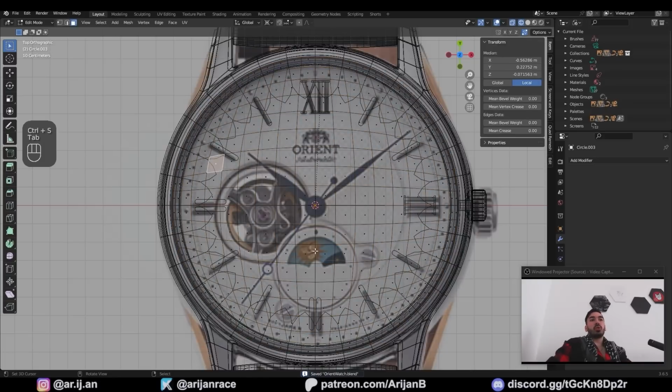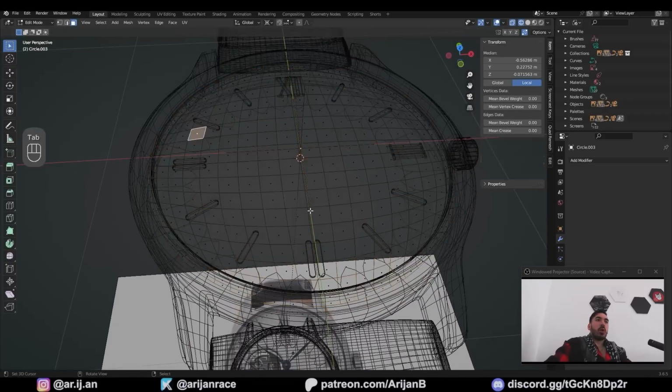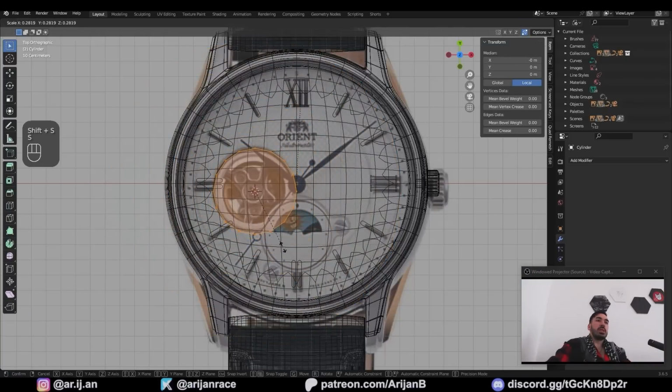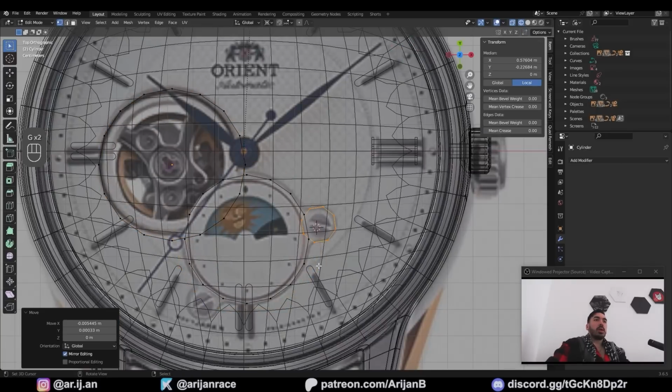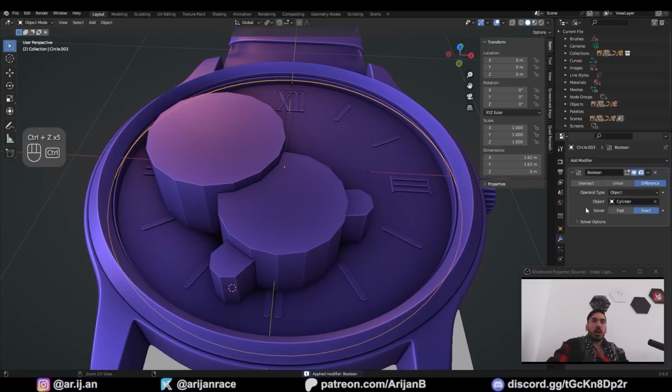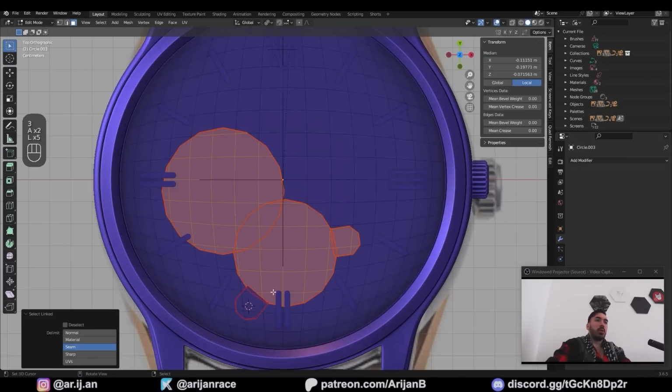Now we gotta make 2 circular holes here which are connected. I don't want to waste any time on making good topology, so give me a cylinder with 16 vertices, place it over here. Give me another one over here. Give me a smaller cylinder here and down here. Now give me a Boolean modifier, target this, apply, delete, and now we can delete all this geometry on the